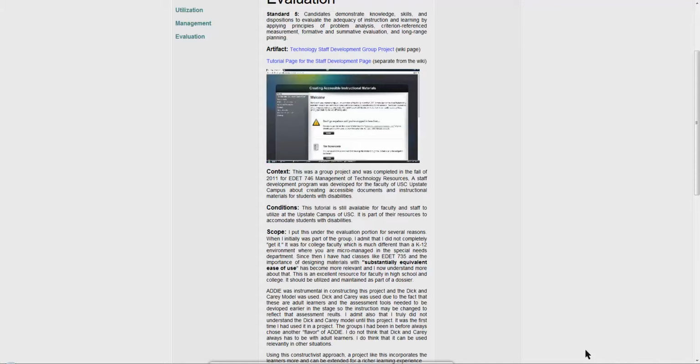In the final section of my portfolio, the evaluation section, I'm focusing on a project and an artifact addressing the UDL facets of the program at USC and designing materials for all learners, removing the barriers for all learners to have success and to provide multiple means of engagement for them. Through the UDL learning I have received at University of South Carolina,